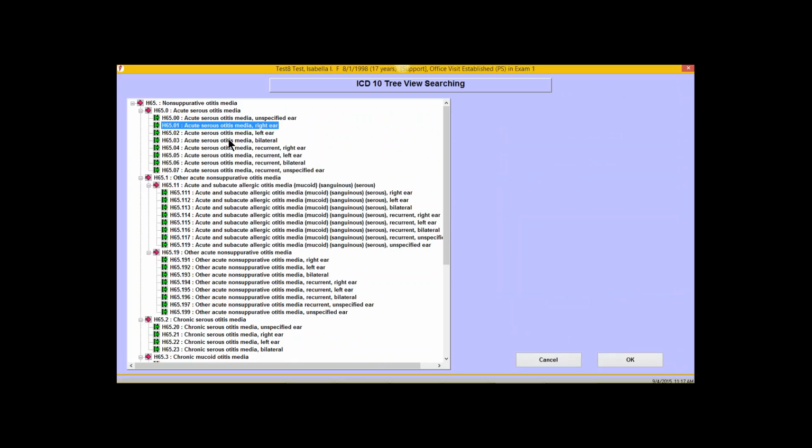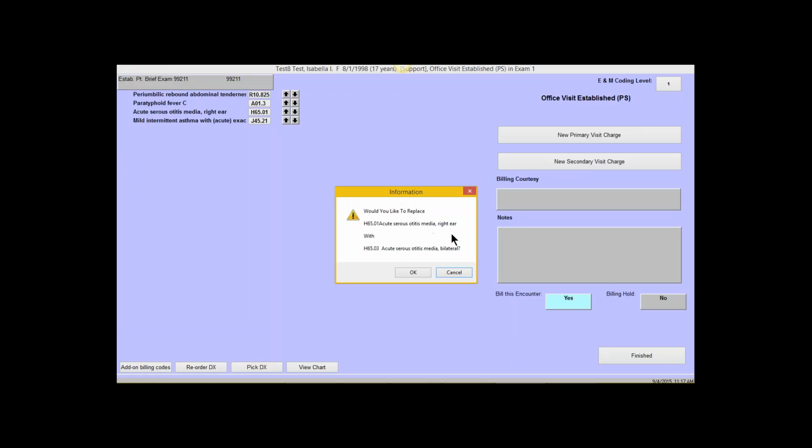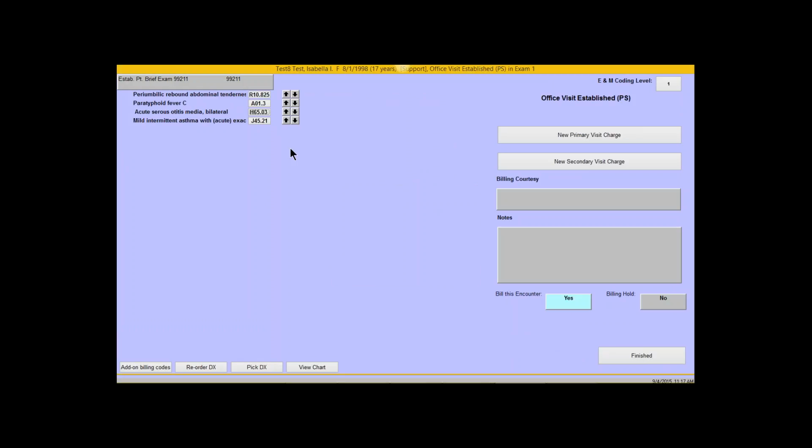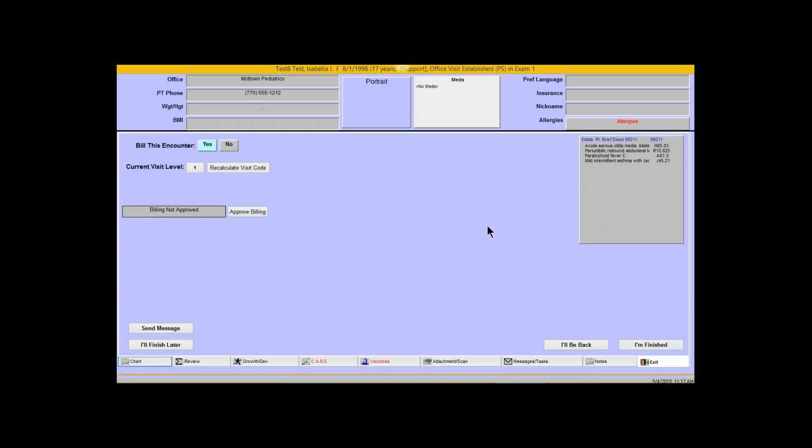If I need to change one of these, you click on that, you click OK, and then it's going to give me a little warning. Hey, do you really want to replace this? If I do, I replace it and it changes here. I can also move these up and down just like always, and everything like that. So that was a rundown of just doing sick diagnoses and how the new screens are actually going to look. Now I am going to show you what the well visit looks like,